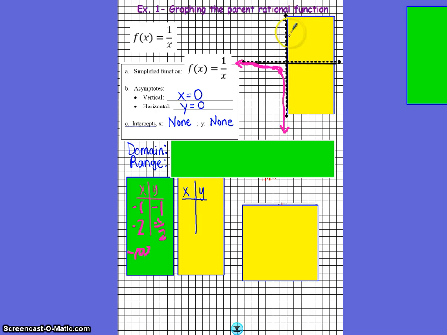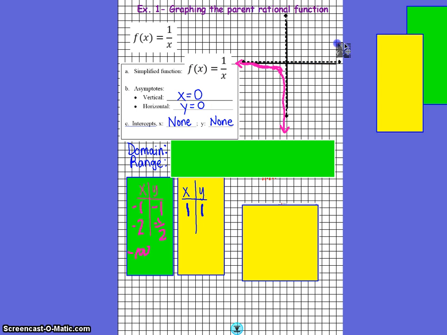This time, let's plug in a value to the right of our vertical asymptote. X equals, let's plug in 1. If I plug in 1 into our original function, that gives me y equals 1. Got it. Next point, x equals 2, y equals 1/2. Okay, and again, if we're looking, just connect the 2 points that we have, and then since we have a